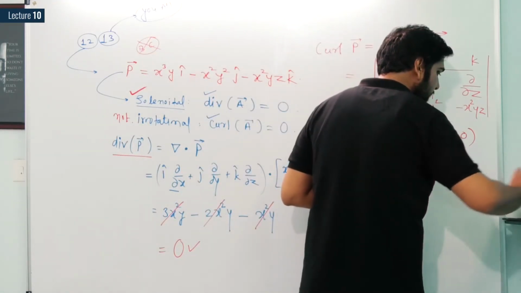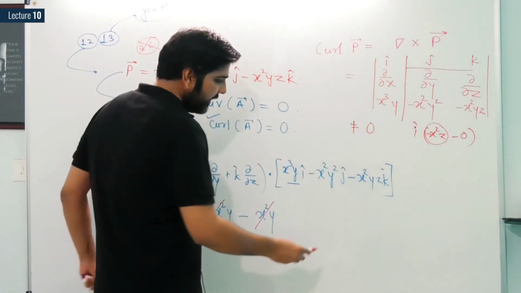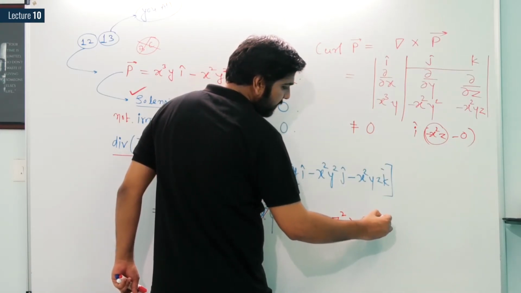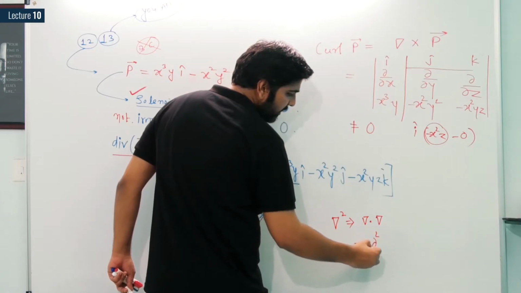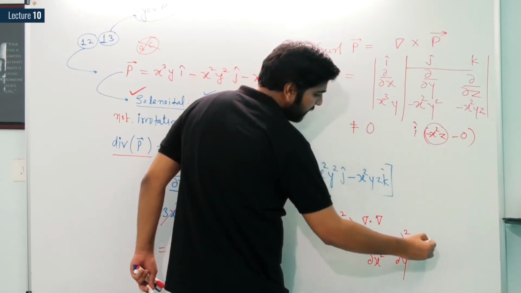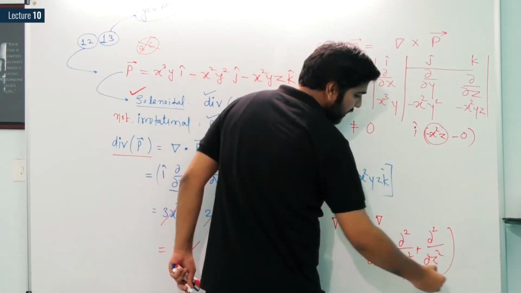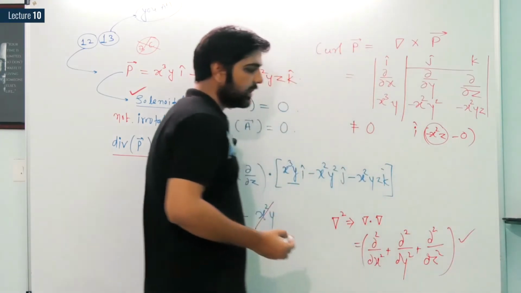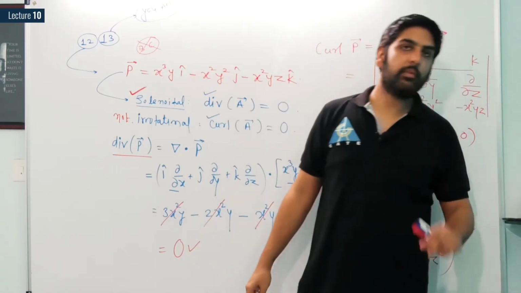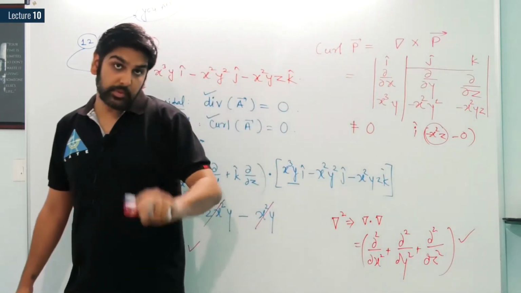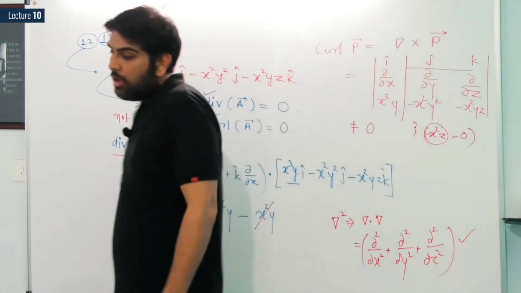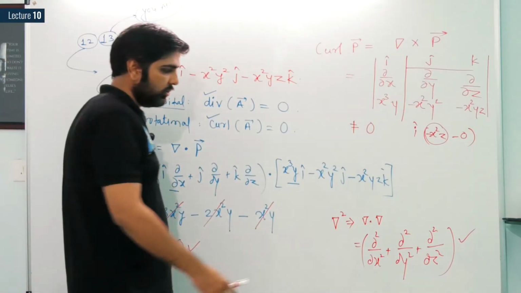You should solve question number 13. I am giving you the hint first. Del square. What do we mean by del square? Del square is nothing but del dot del. That means I, j, k, so it is nothing but del square by del x square, del square by del y square, del square by del z square. What do we mean by this? It means that we need to differentiate this function 2 times with respect to x, 2 times with respect to y, and 2 times with respect to z. I will not differentiate it, dear students, so this is your part.